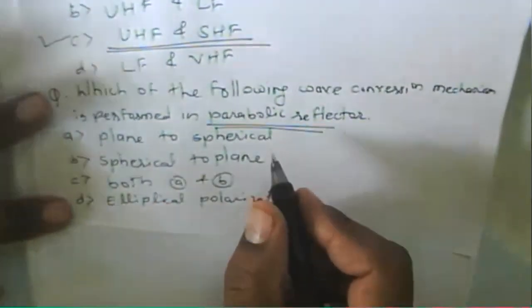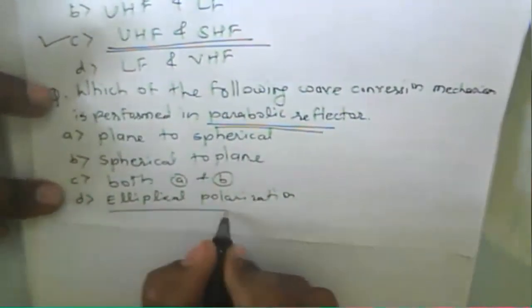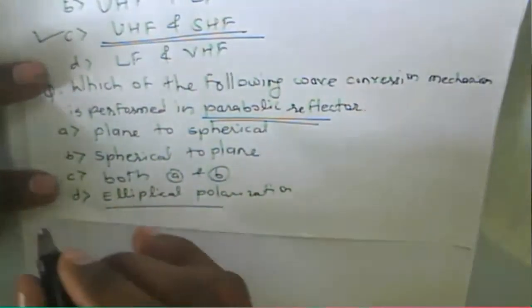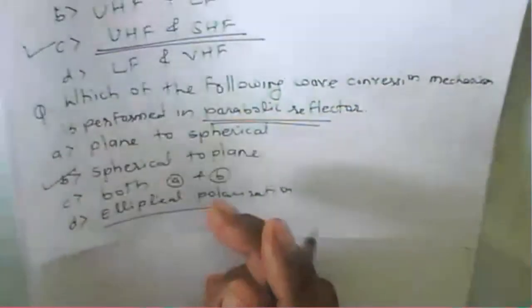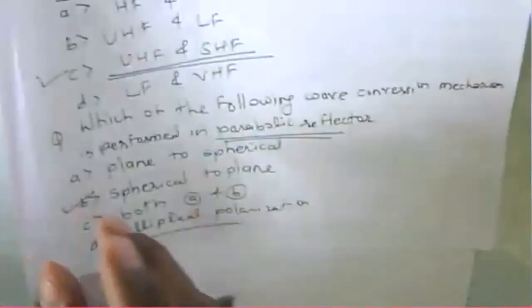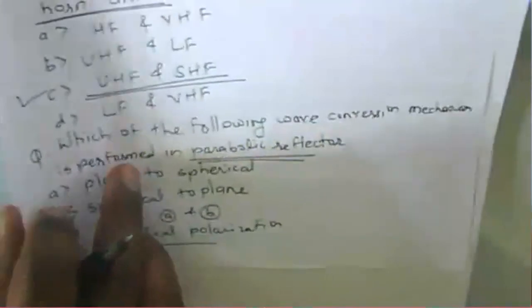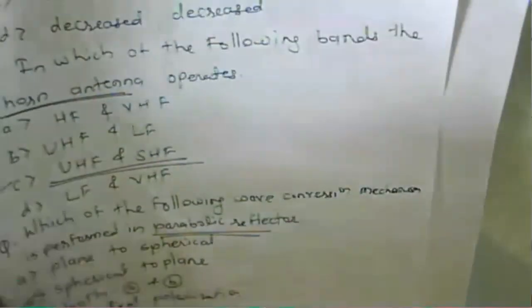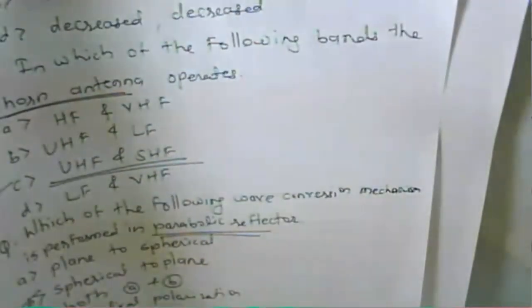Will it perform plane to spherical, or spherical to plane, or both, or elliptical polarization? The answer is that it will perform spherical to plane. Now with this we can consider that